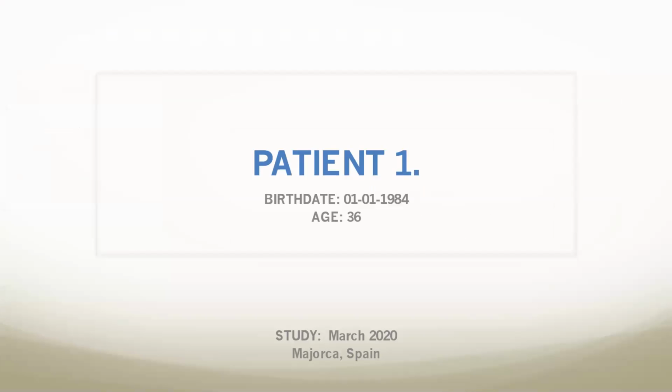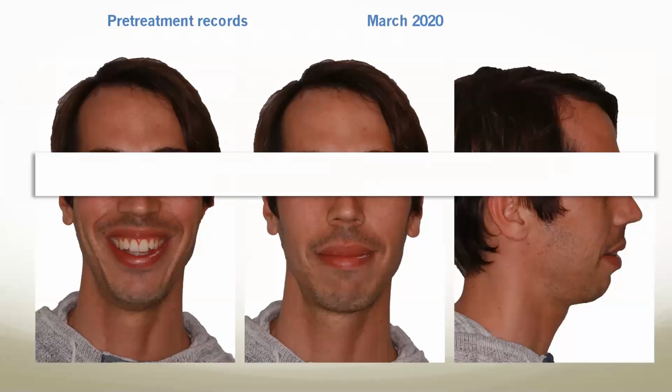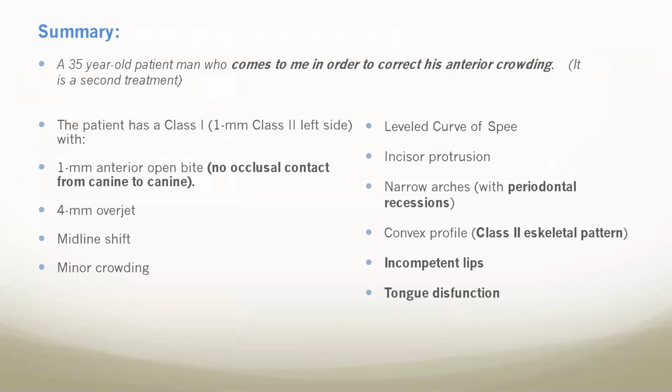Dr. Auradon sent me this presentation. So before starting to look at the Clincheck and analyzing it, we are going through this presentation. It's an adult patient, 36. And, sorry, I'm going back. That's it. The patient comes to the office to correct the anterior crowding, but as far as I know, because